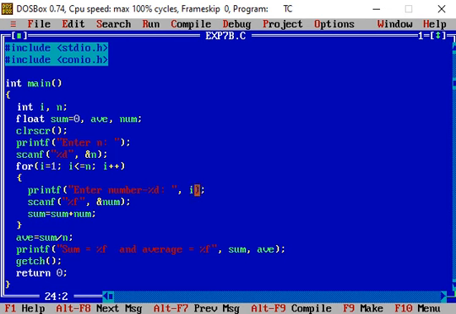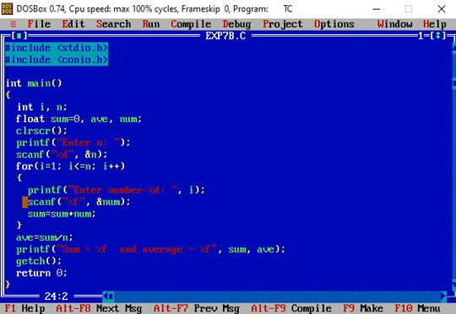And then the value of I is incremented. Now this value of I becomes 3. So when the condition is tested again, 3 is less than or equal to 3. Condition is true. So again the body of the for loop is executed. This time again the printf statement prints the message enter number 3, where the user enters 34.